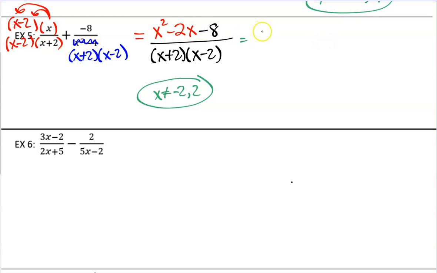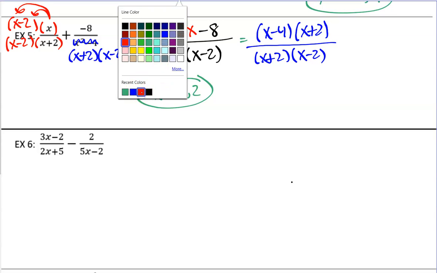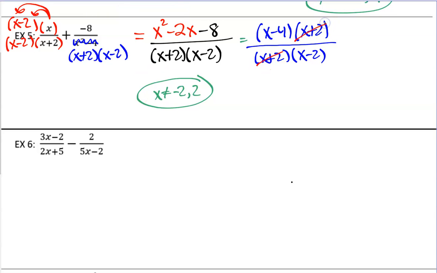I could factor that to be x minus 4 and x plus 2. See that? Because negative 4 times 2 is negative 8, and negative 4 plus 2 is negative 2. So I can actually factor my numerator here. And do you see what happens? They both share a common factor of x plus 2. So here we can cancel them out because the whole thing is the same. The whole binomial matches. So our final answer for this problem is actually going to be x minus 4 over